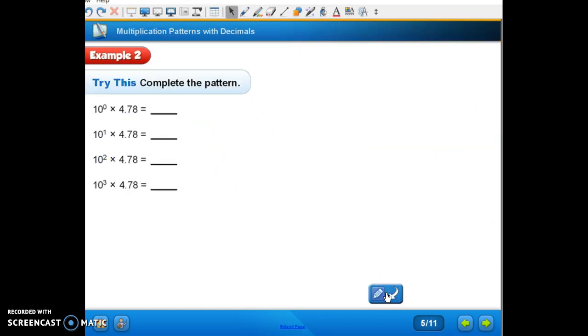Now, we're going to have to do some remembering here. What does it mean if we have 10 to the 0 power? It's like multiplying by, say it,